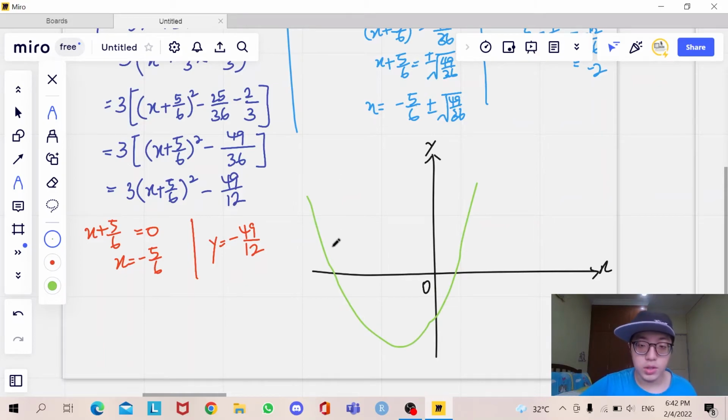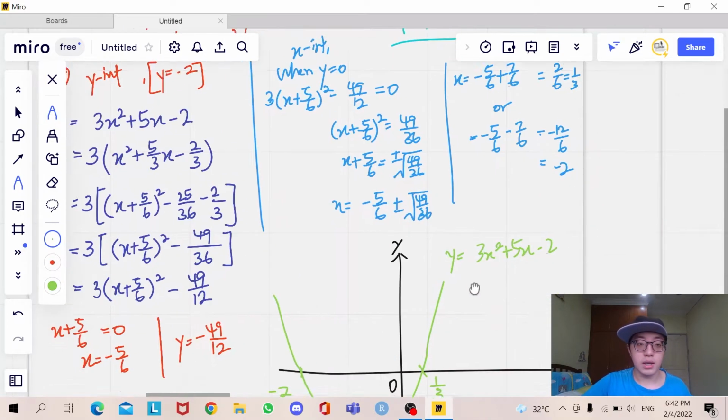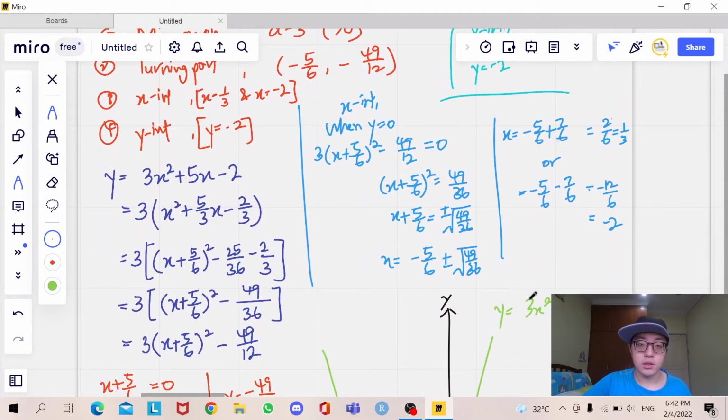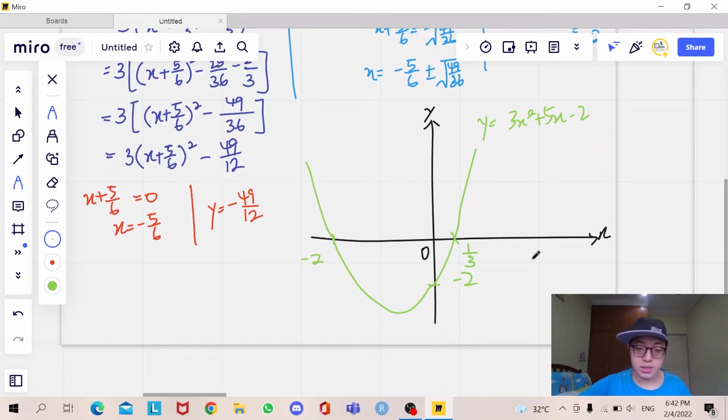From here, you need to label your graph. First thing first, y equals 3x squared plus 5x minus 2. Then you need to label your x-intercepts, which are -2 and 1 divided by 3, and your y-intercept here is -2. Y-intercept -2, x-intercepts 1 divided by 3 and -2. And then the turning point, -5 divided by 6,